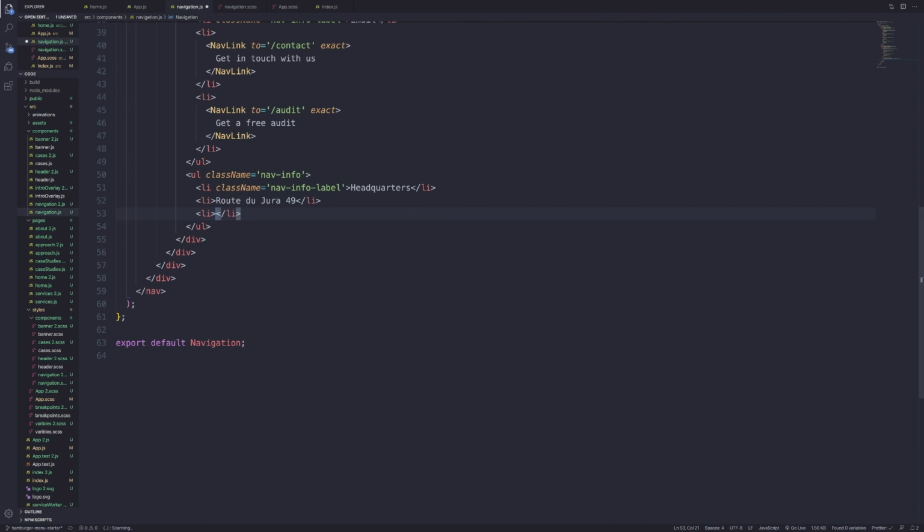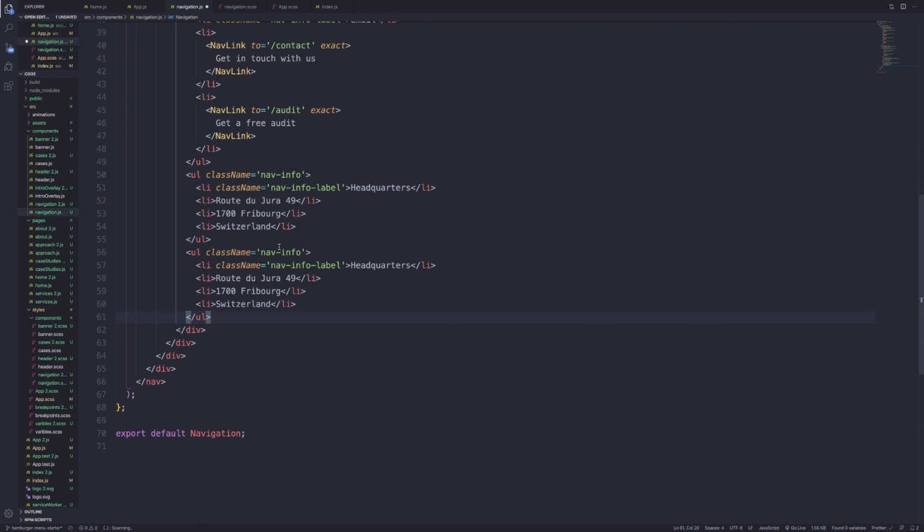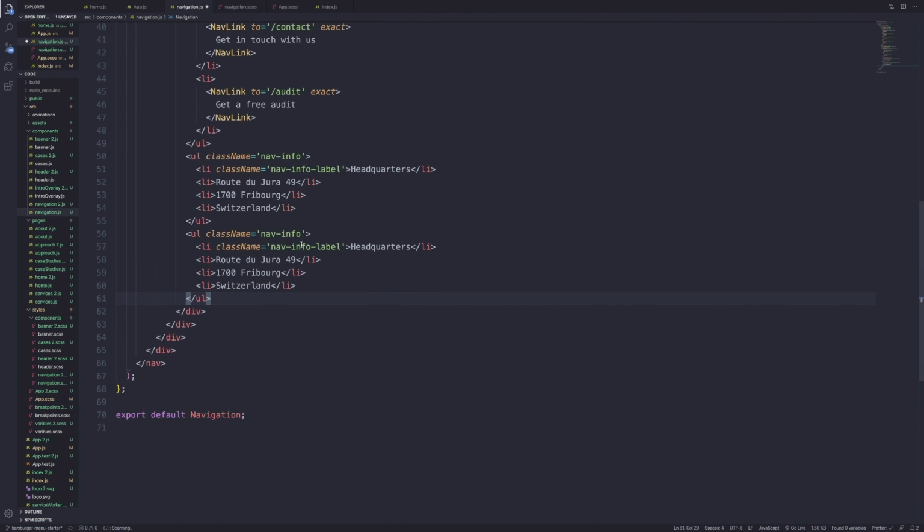And then in the next line we have 1700. I think it says Fribourg, and then the country, which is Switzerland. We'll copy this UL, we'll copy this nav info again and paste it underneath the previous one we created, and